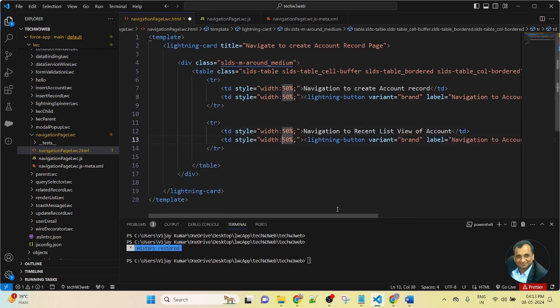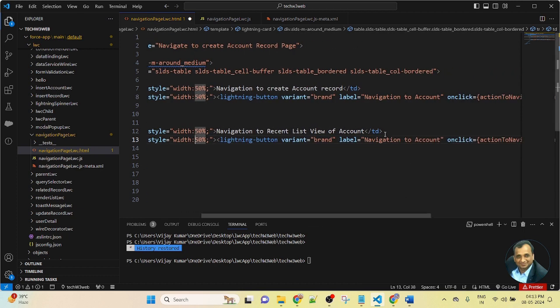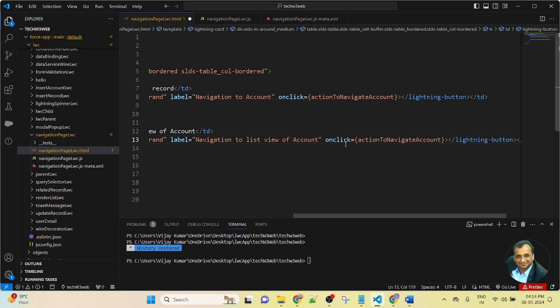And this is an onclick action function, so on action I will create another function that is action to list view account.